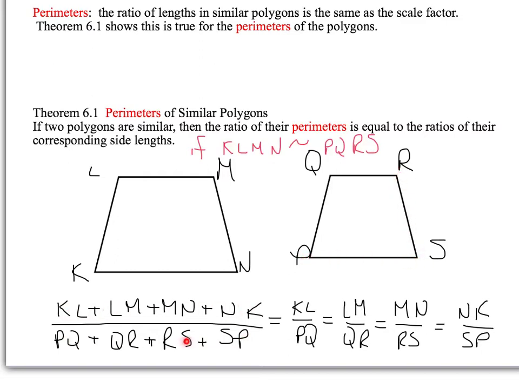Add that together and that together, which is the perimeter of, let's call it figure 1, over the perimeter of figure 2. That's equal to the ratio of the side over the side, side over side, side over side, side over side. Okay? So it's a theorem that states sort of the obvious, but because the theorem has been written, we can use it to make our work a lot easier, which I will show you